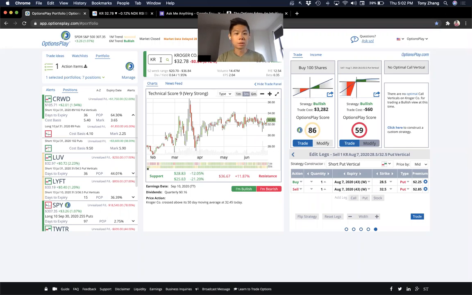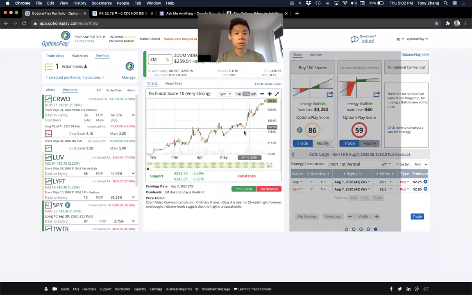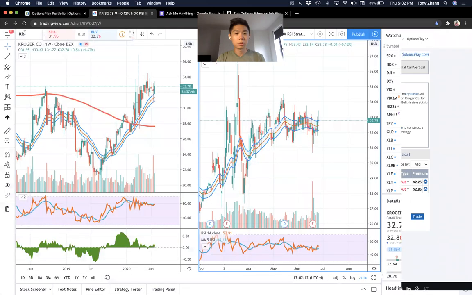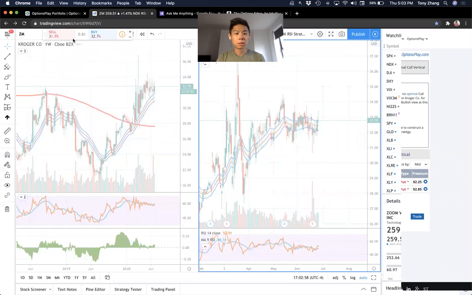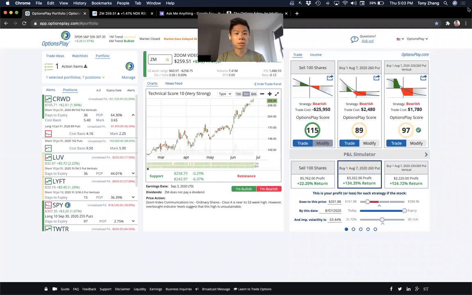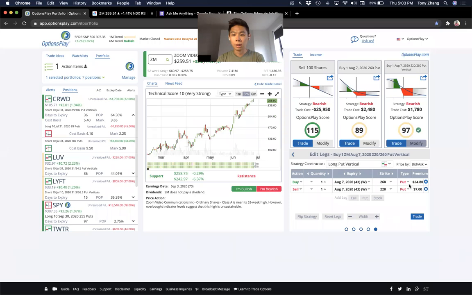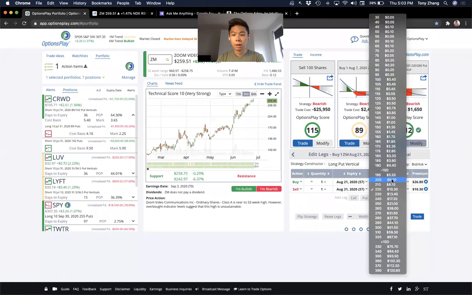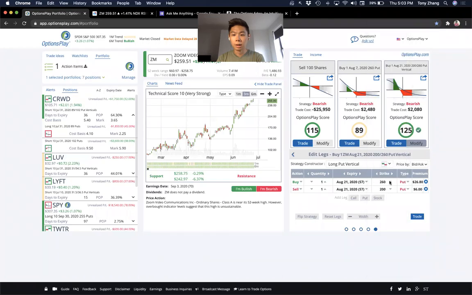Manny thinks that there's going to be a 25% correction in Zoom. Okay, so if you think that there's going to be a 25% correction in Zoom, there's only one way to trade that, and that's buying a put spread. A 25% move to the downside is another 50 points to the downside. So I would go out to August and I would buy something like a 260 or maybe even a 250, 200 put spread. It'll cost you $1,500, which is a little bit more than 5% of the underlying stock price, 6% of the underlying stock price.